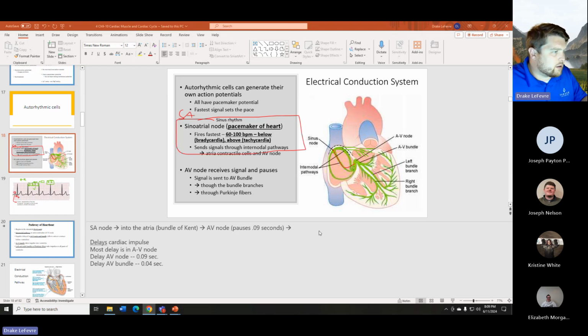So the AV bundle is also known as the bundle of His. And there is another pause, pauses the signal for 0.04 seconds. So roughly, give or take, our PR segment